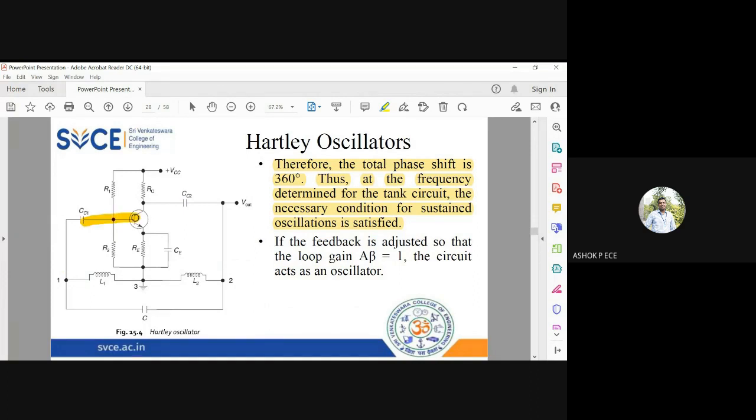So if you look at this loop, 180, 180, you have 360-degree phase shift, which is the condition to be satisfied for sustained oscillations. And we always have this A beta adjusted to 1 so that the circuit will act like a perfect oscillator. So the two Barkhausen conditions are satisfied. So this circuit is going to generate efficient sinusoidal